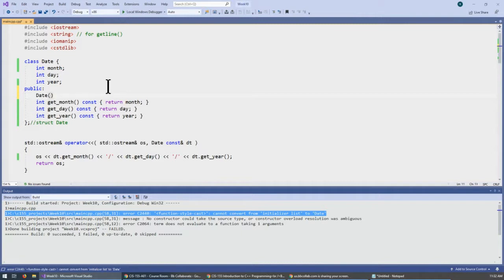Date, and I'd have to say int month, int day, and int year, right? And create a constructor that takes these parameters and define it using initializer list syntax. If you remember, it is basically initialize month with the parameter provided by the constructor. The day also the same way. This is the initialization list, and year like this. Okay, and then the rest of the constructor, the body, does really nothing. So it's just basically using initializer list